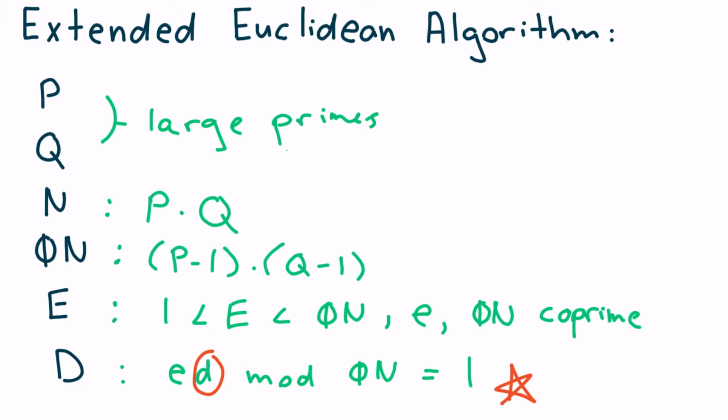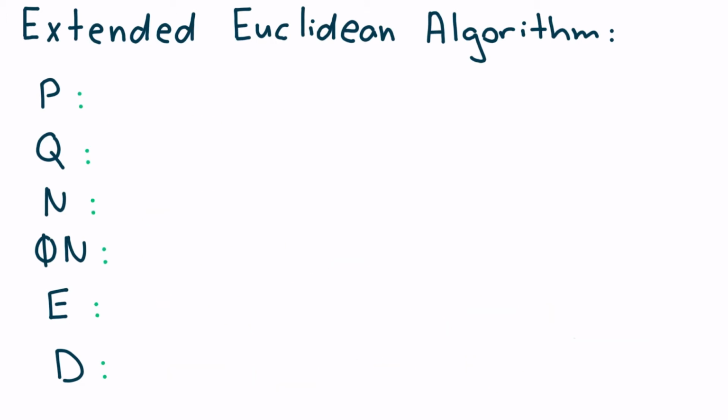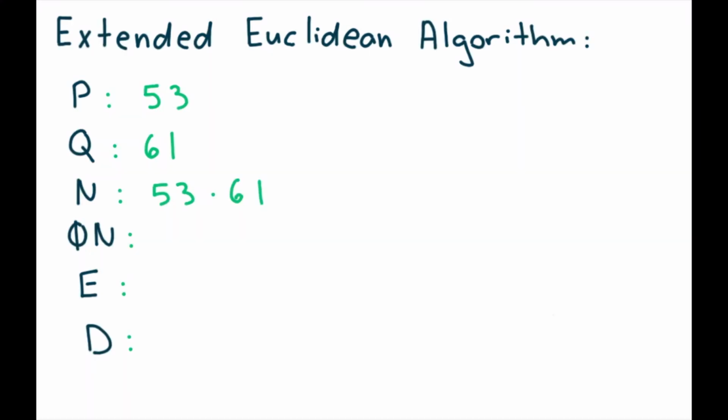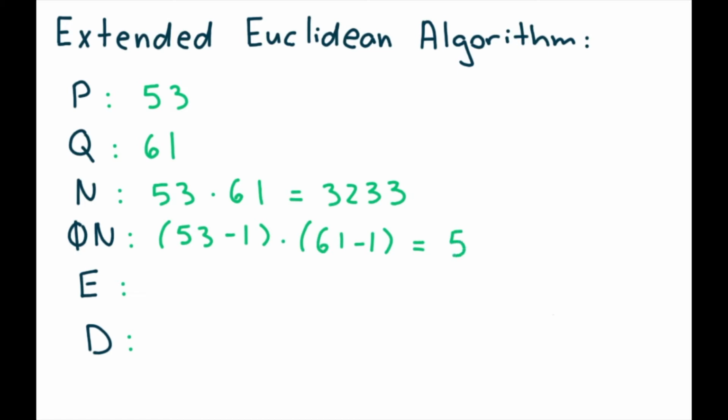So I'm going to very quickly generate an example that we can work with here. I'm going to generate a value for P and Q equivalent to 53 and 61, respectively. I'm going to compute N as the product of those two prime numbers, 53 and 61. Get a resulting value of 3,233. The phi of N will then equal 53 minus 1 times 61 minus 1, which is equal to 52 times 60, which is equal to